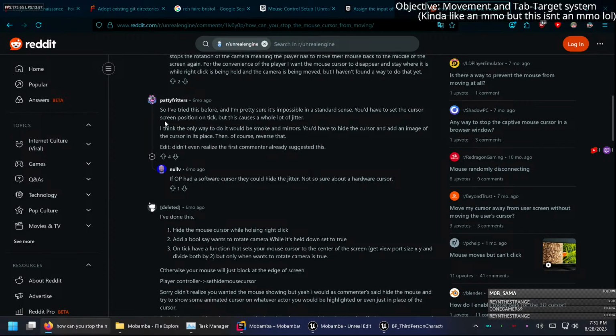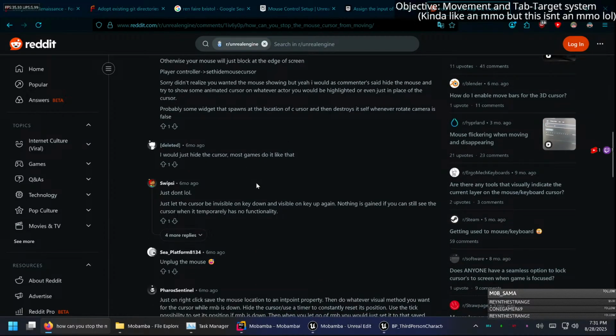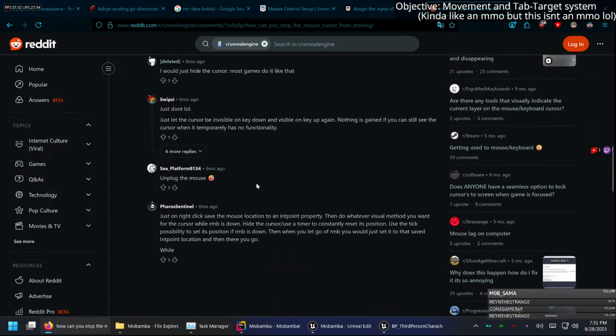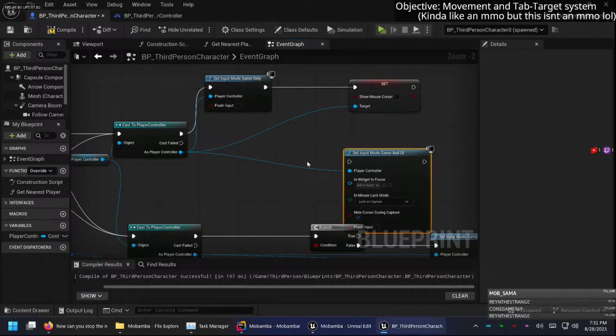You'd have to set the cursor. No. There's no way, man. Hide the mouse cursor while holding right click. Player controller set hide. Yeah, but see, that doesn't... Oh, okay, that is actually interesting. I just got an idea. This might be fucked, but